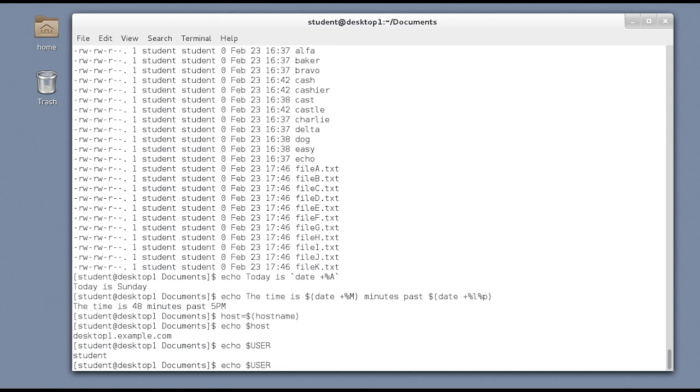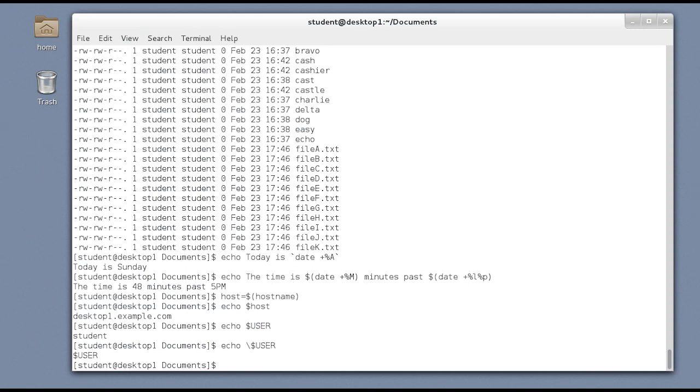So to remove special meaning from meta characters and parentheses, we use quoting or escaping to keep them from being shell expanded. Escaping is the use of the backslash. I'll put a backslash in front of this $, and it fundamentally says, the next character, take away its special meaning, I am protecting it. So we echo just $user instead of the contents of $user.